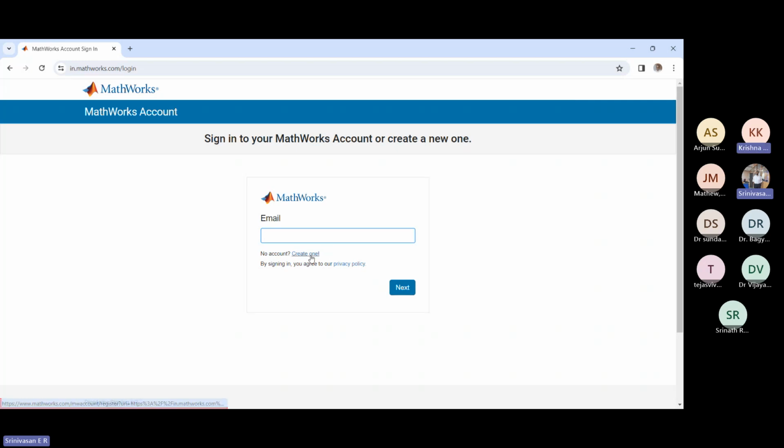So for those of us who have to create an account, just say create one and please enter your SMail ID. MathWorks will be sending you a code or a link which, when we click, our accounts get automatically created. We will be asked to create a password for the account, and once that is done, we can come back to the MathWorks website and sign in using the email ID. Now my email ID when I was a student was ed14d505@smail.iitm.ac.in. This domain is very important. So we just have to sign in.